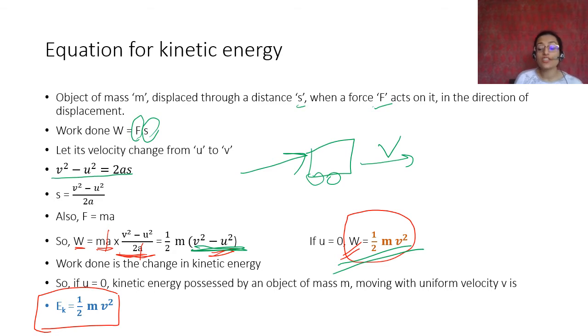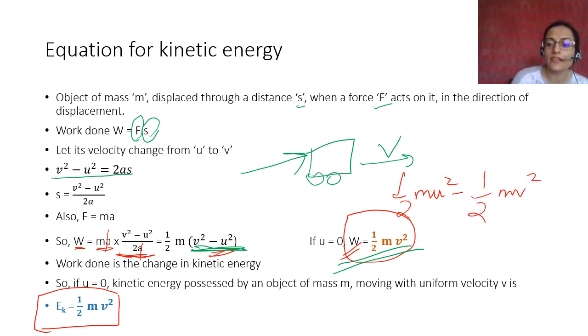Okay, change in kinetic energy when initial velocity is 0 is kinetic energy is half mv square. This is the formula for kinetic energy, half mv square, where v is the final velocity of that object, m is the mass of that object. And if you want to see the change in kinetic energy, we generally do half mu square. If it had a specific velocity initially and then it changed to v, then we do half mu square minus half mv square, or generally the other way around, half mv square minus half mu square, and then you have this formula if there is a change in kinetic energy.